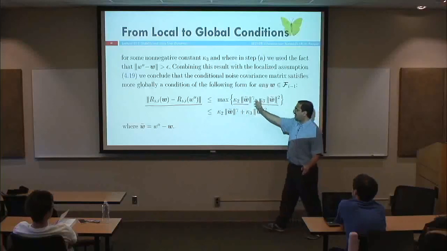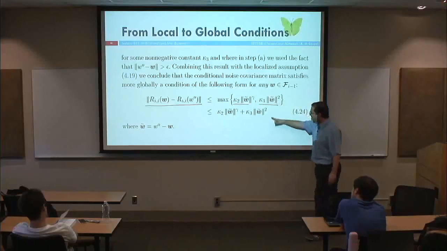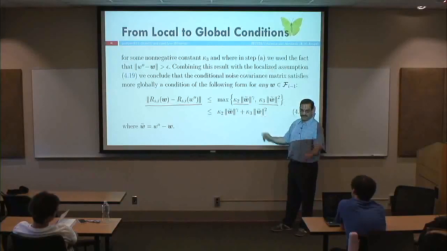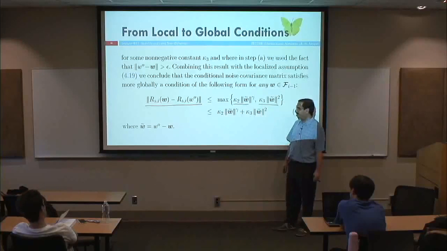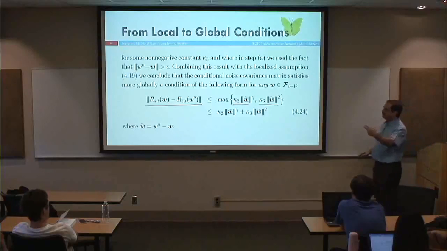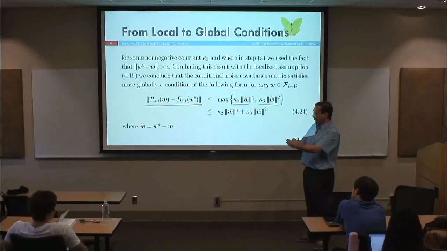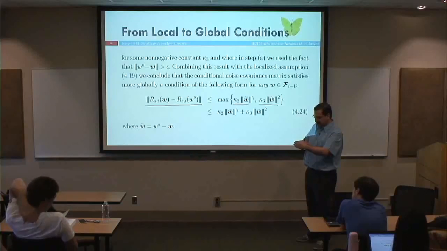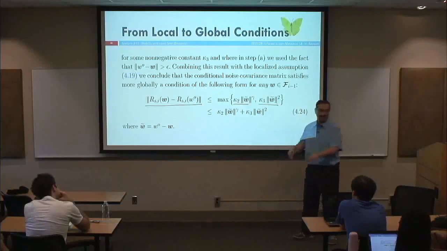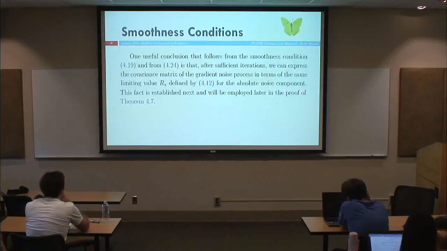And this now holds for any omega, right? This now holds for any omega. Okay, but it's the sum of two components, but that's okay. Okay, we'll work with this, fine? Okay, now, I introduced these two conditions, which require smoothness conditions on the cost function and on the noise process, and I explained that actually these smoothness conditions hold more globally. If they hold locally, they will hold more globally, okay? Very good. Now, because of that,